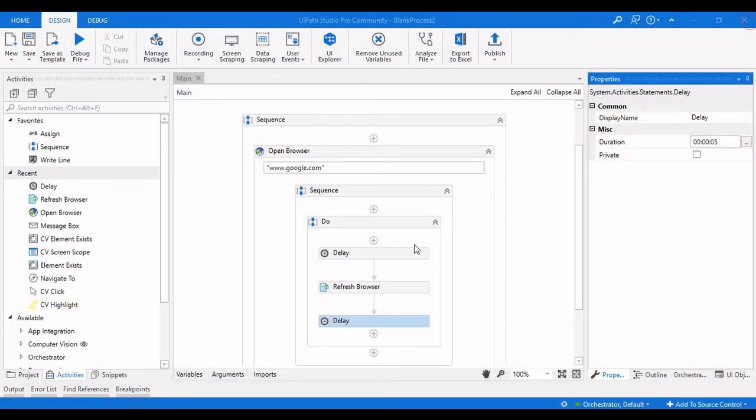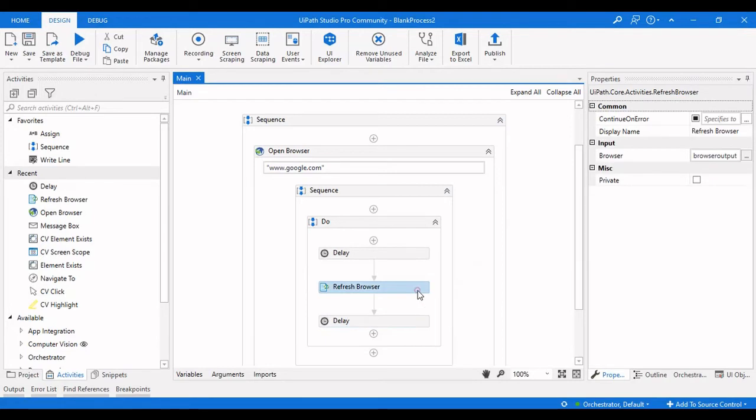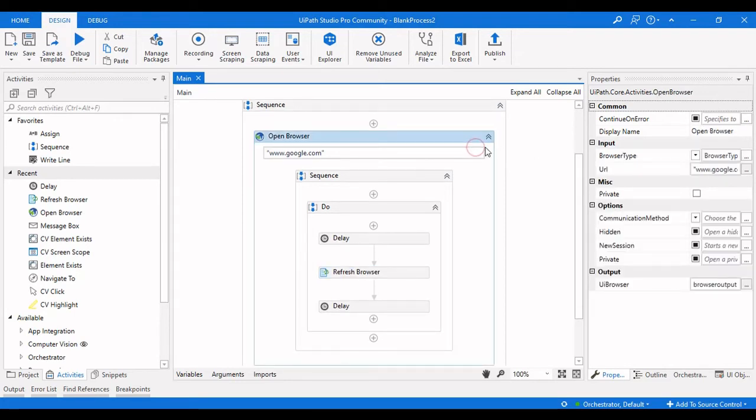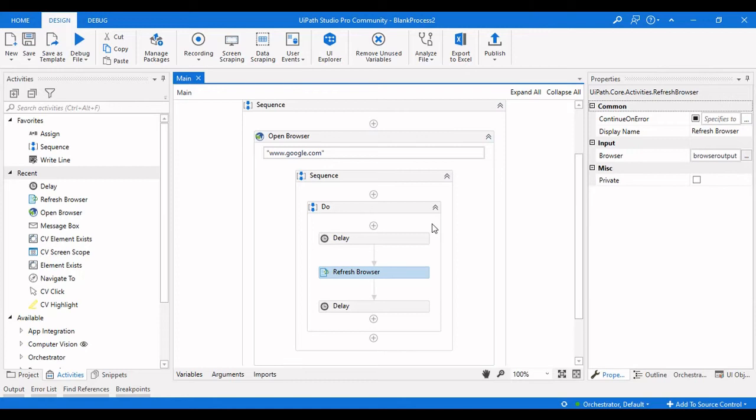And this is how you can use the Refresh Browser activity in web pages. When you are doing web automation, if you want a web page to load, and it is not loaded, you can use an Element Exists here and indicate that particular screen. If that screen is not available, then you can use Refresh Browser to refresh that screen again in order to activate that web page, and you can perform other click operations on that screen. So this is the main advantage of the Refresh Browser activity.